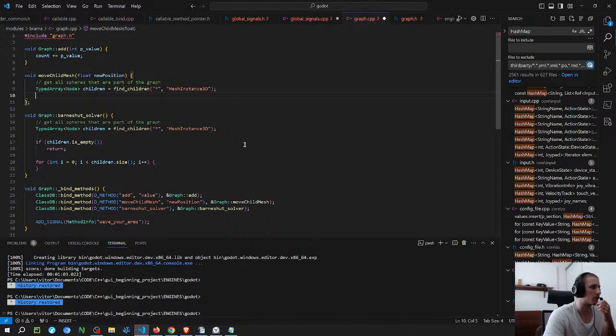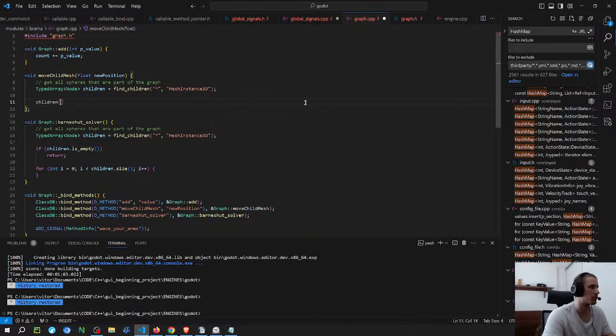This is another thing that I just thought about. On the example that I was seeing, I'm pretty sure I took this function for an example with the exact parameter here. Obviously I can search for this, but I was thinking about why put node here? Because what I'm thinking about doing is just children 0, and then obviously the mesh instance 3D is going to inherit from node at some point in node 3D, and I think the functions related to the movement are on the node 3D class.